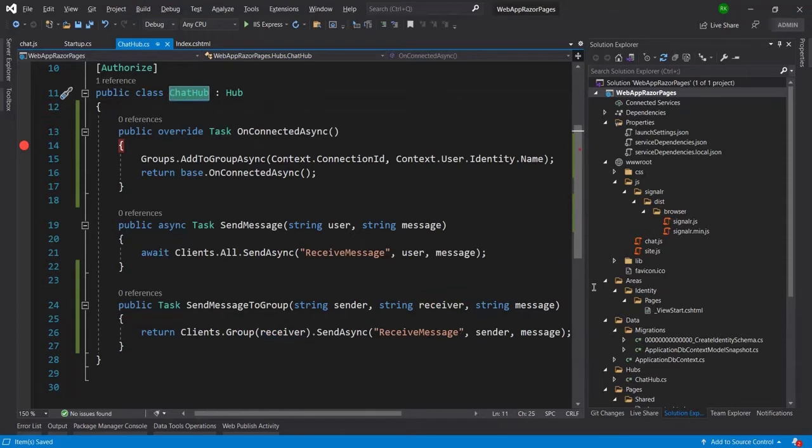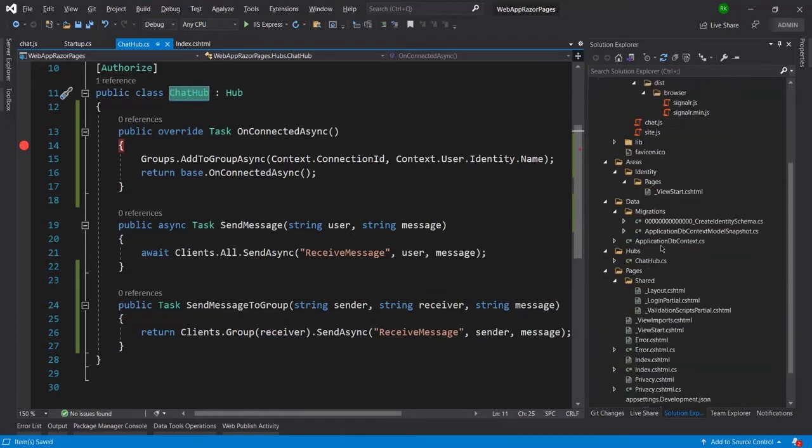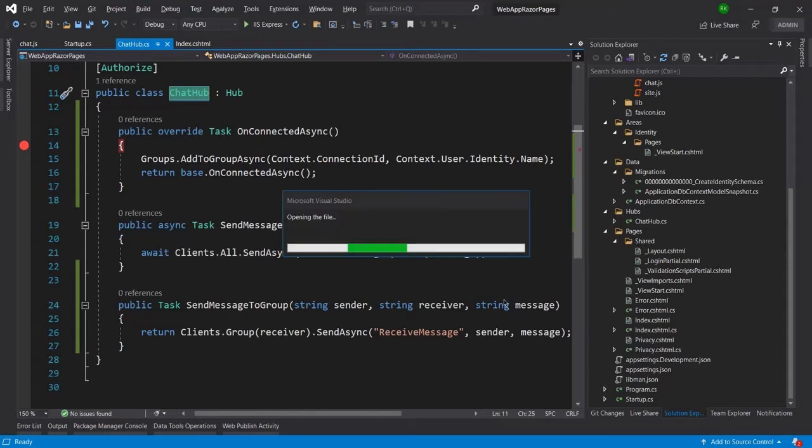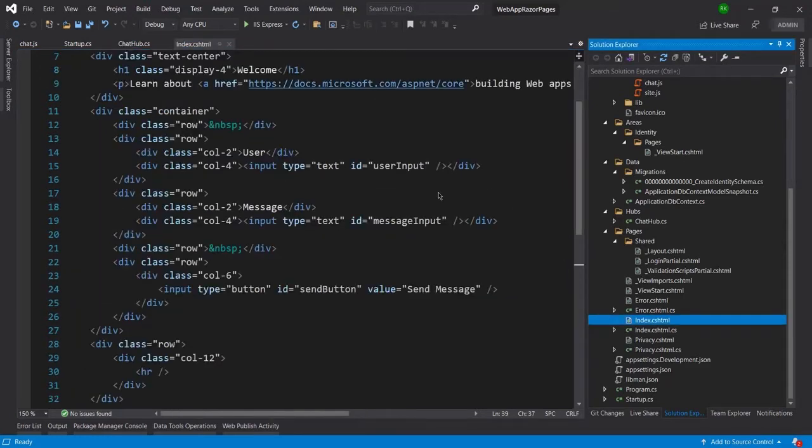The next thing we need to modify is the index.cshtml page. In this you can see the user input and the message input.